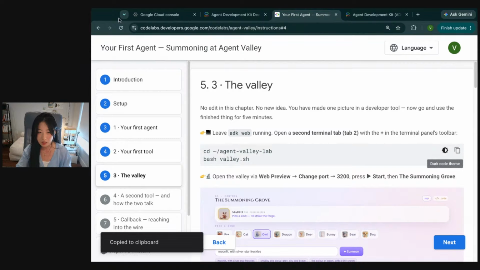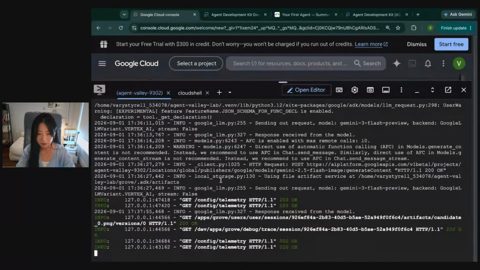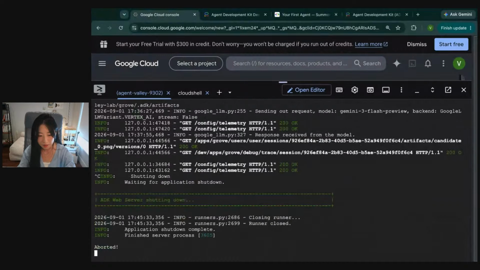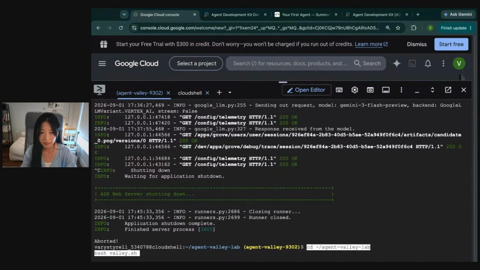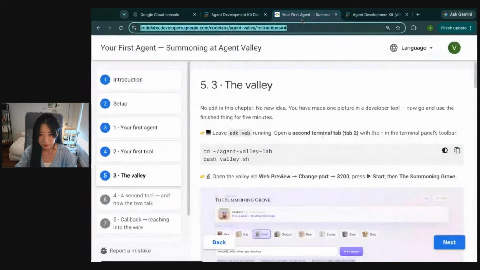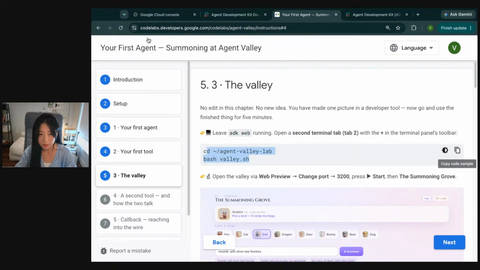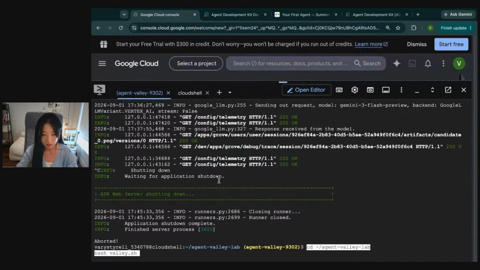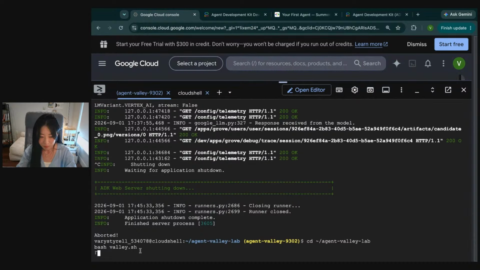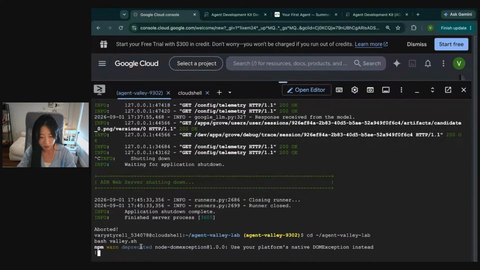And let's take a look at how to spin up the application, what it looks like, and play around with the familiar in this application. So what I'm going to do is copy this command and paste it into the terminal. I have this valley.sh shell script to spin up the whole thing, and then I'm waiting for the system to run. So while I'm waiting,